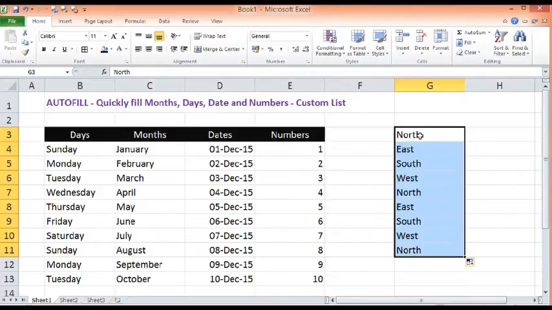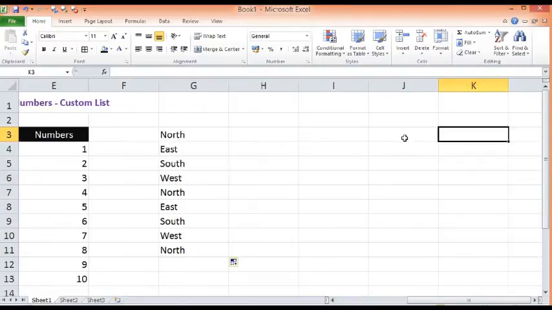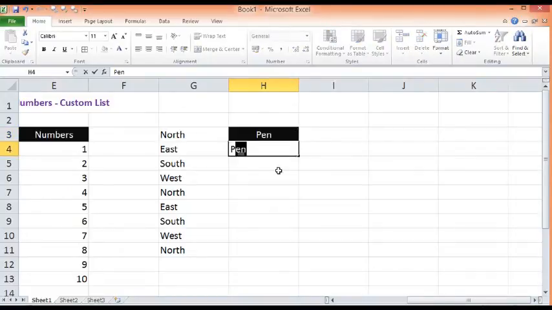Let's create a new custom list and see if those values can be populated here in Excel. Suppose I want to create a list of three items like pen, pencil, and copy.